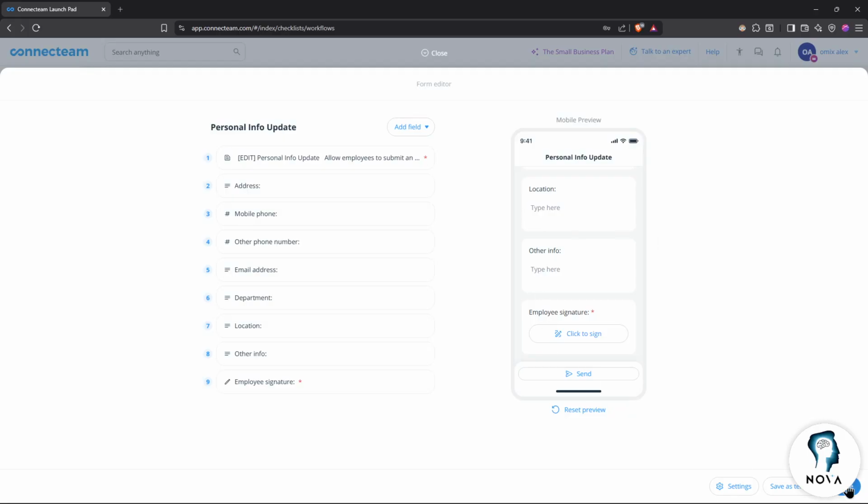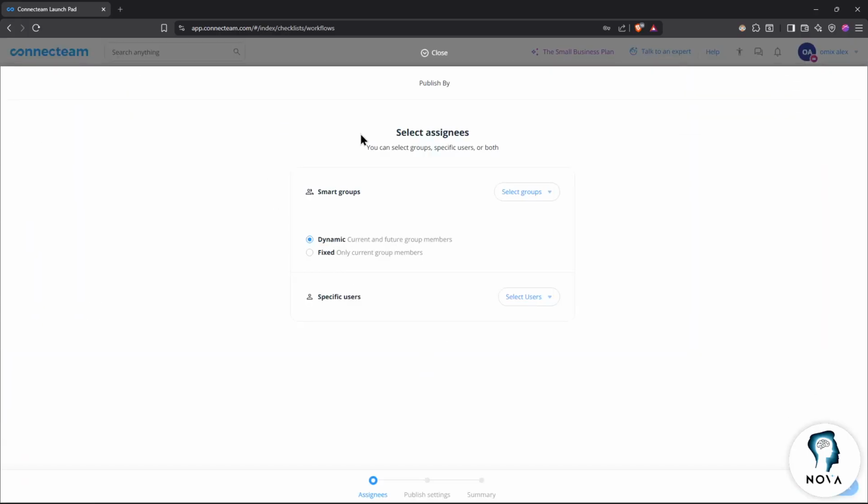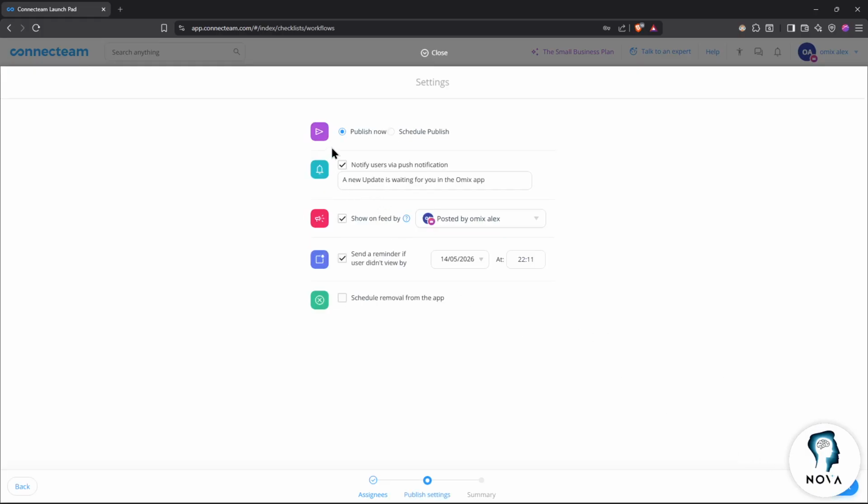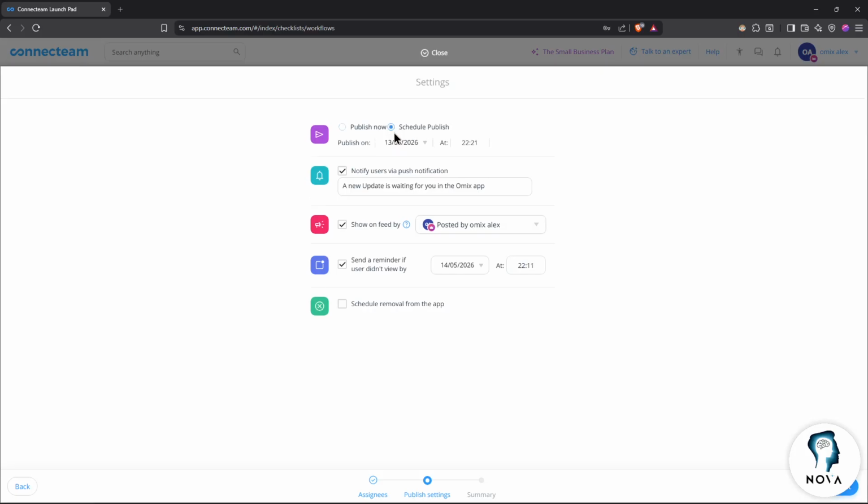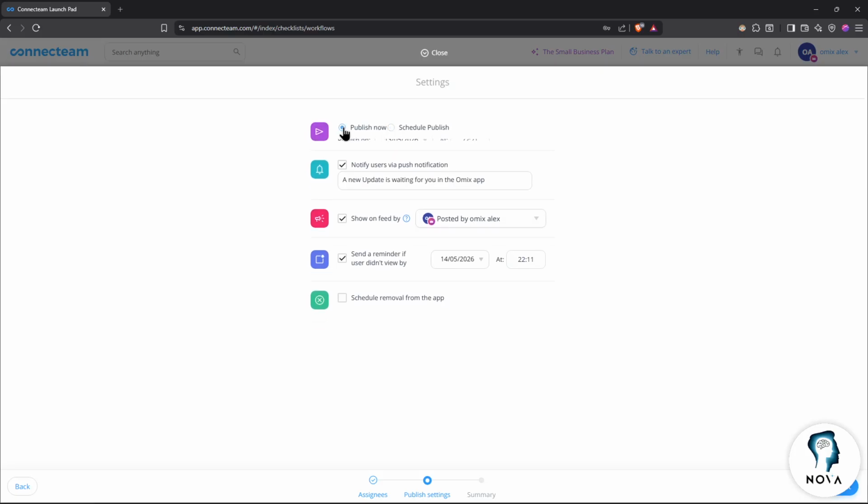So once you're done, click on save and the form should be created without any problems. Here you can assign some groups, assign some users if you want to, click on next, and you can publish it now or schedule publishes on a specific date if you want to. You can notify users via push notifications, show some feed, send a reminder if the user didn't view by, and